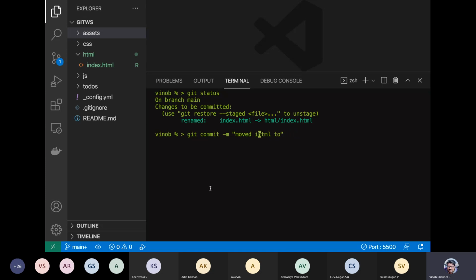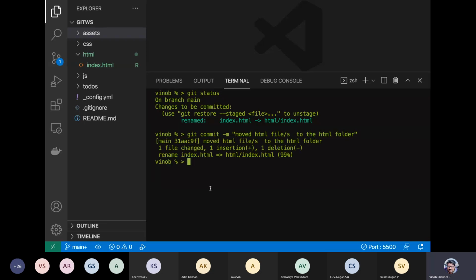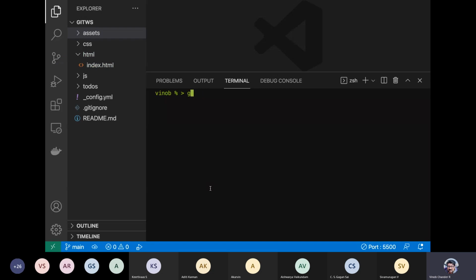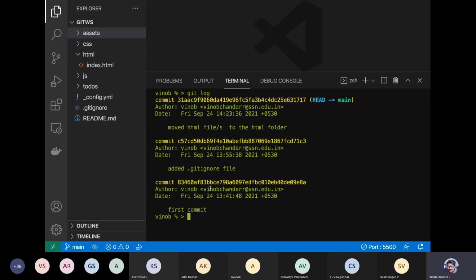Or let us be generic: moved HTML files to the HTML folder. All right. Now, if you do a git log, we have this. So we now have three commits. Our latest commit is moved HTML files to the HTML folder, and then we have the previous commits, added git ignore file, and then the first commit.